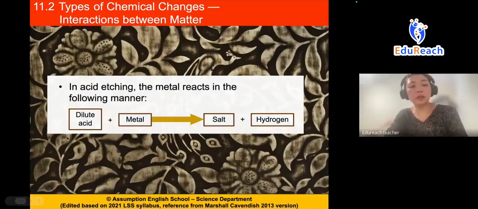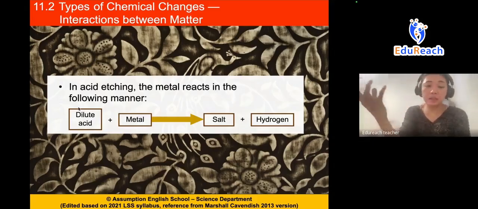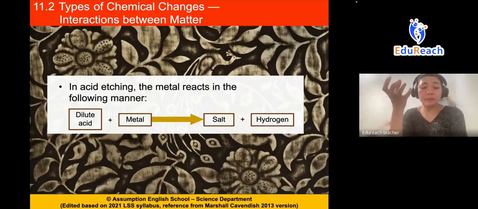Okay, guys, what is a chemical equation? This chemical equation tells us what will happen if I add dilute acid and metal. Abdullah, you know what an acid is, right? It's a substance that is sour, it has a pH of less than 7. So if I were to add metal and acid together in, for example, a beaker, and then let's say I stir it, a chemical change will happen. So this arrow here tells us that a chemical change will happen.